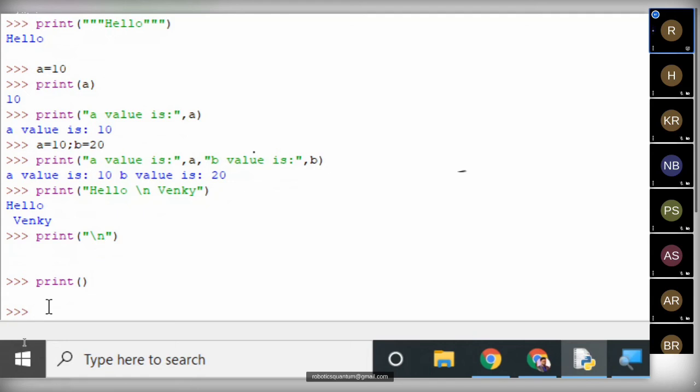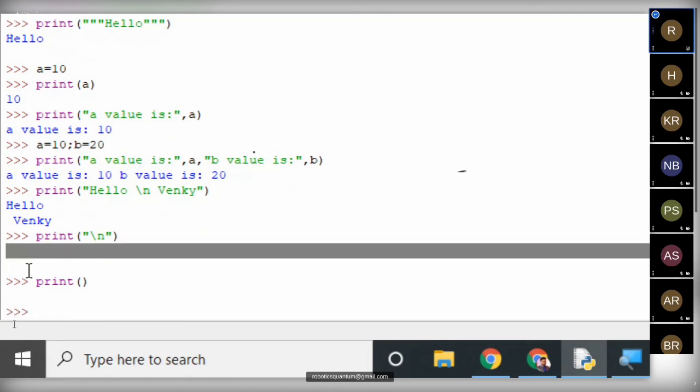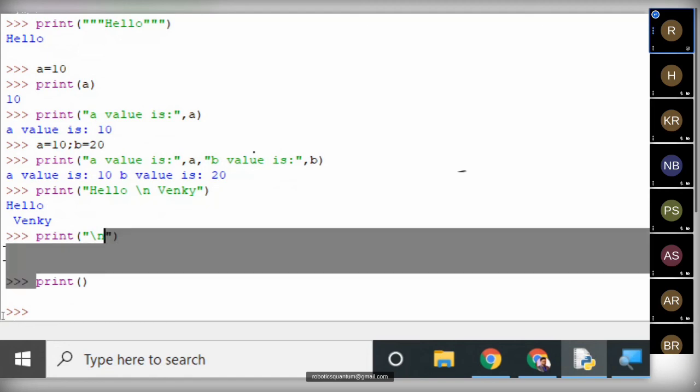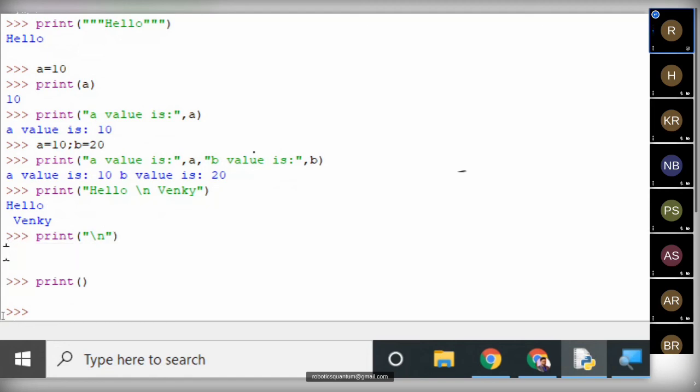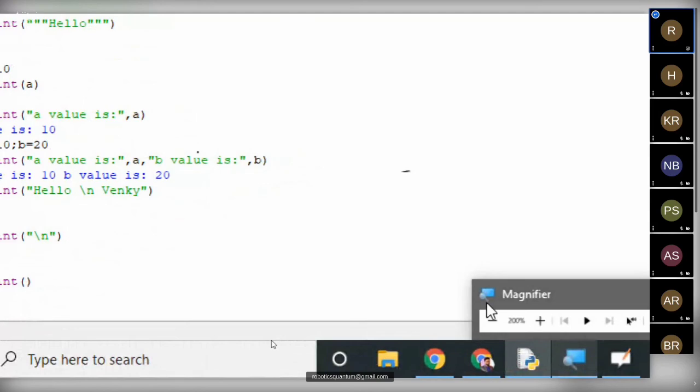But that's the flexibility we have. So there is no need of using a \n directly, because print itself gives the new line. If you use the \n, two new lines will be printed. So how many lines are printed? Two new lines got printed here, two empty lines of data when you use a \n. Okay, that's the print function. In general we'll use it. Let us move on to the input function.